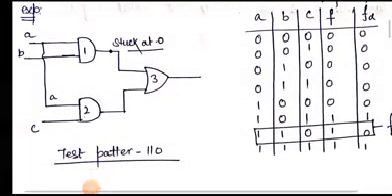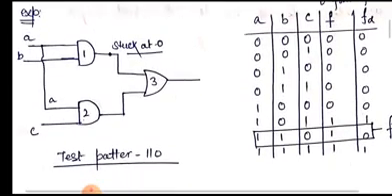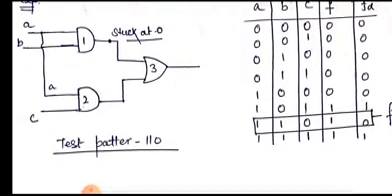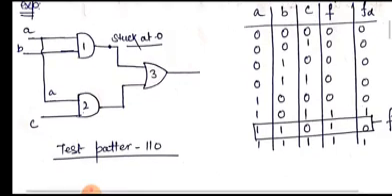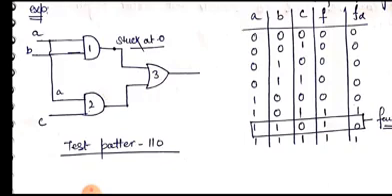Okay, when we check the seventh input combination, in which A is 1 and B is 1, 1 into 1 is equal to 1. When we are checking the fault free output, that 1 goes to the input of the 3-input OR gate, and when A is 1 and C is 0, we get a 0. So the upper input is 1 and the lower input of the 3-input OR gate is 0. So 1 plus 0 is equal to 1, so that is the fault free output. But when we put the stuck at 0, then 0 plus 0 is equal to 0. So this particular line will give a faulty output.